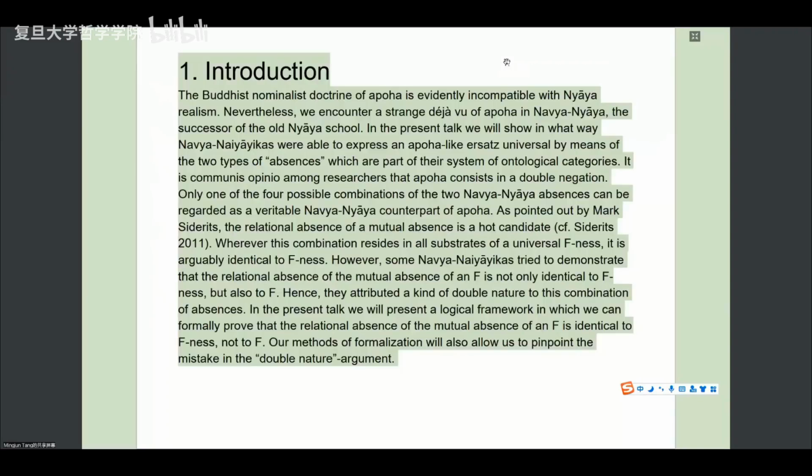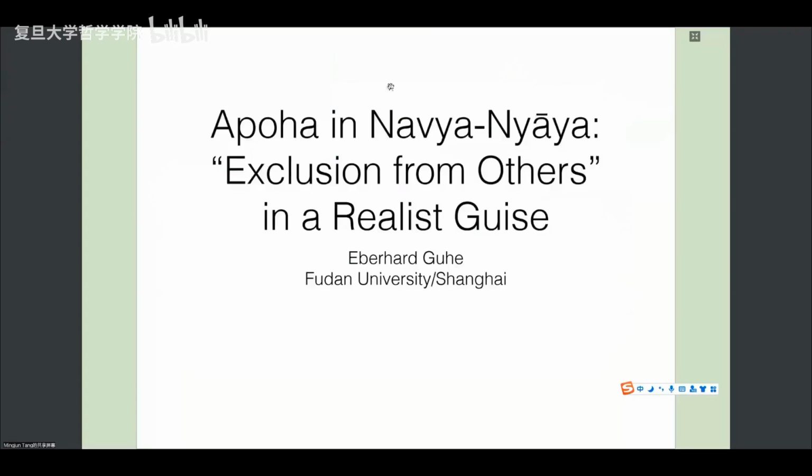from Buddhist philosophy. So Apoha, this is the theory that words convey meaning by exclusion of others. And there is something very similar in Navya-Nyaya, because exclusion of others, this is an expression which involves two negations. And the basic idea of the Buddhist nominalists is that the meaning of the word cow is just the exclusion of all non-cows, so to say. So very broadly, one can say for the Buddhists, X is a cow if and only if X is not a non-cow. And in Navya-Nyaya,